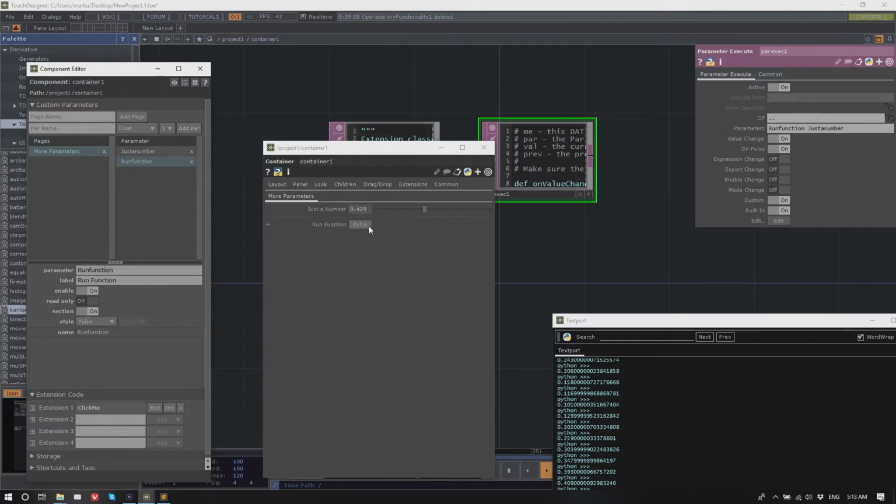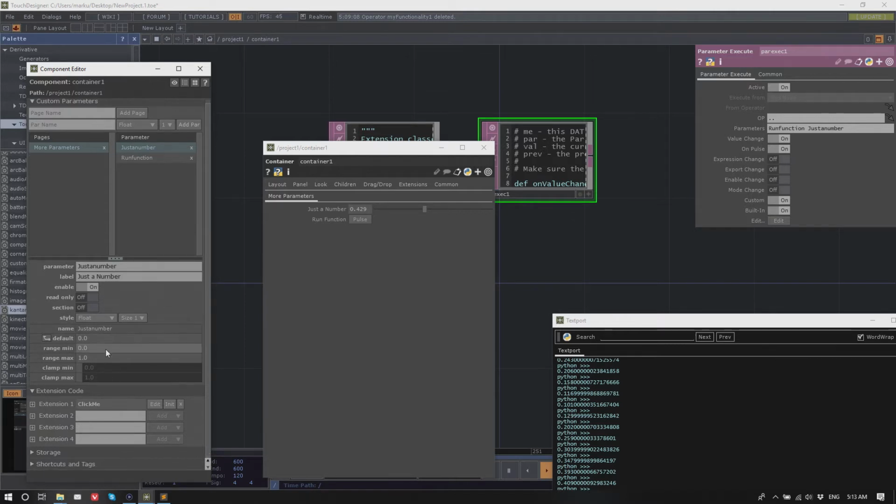So you can section parameters on a parameter page. That's good for organization. And for various parameters, you have different options. For example, you can define a range. So you can say this parameter should be not from 0 to 1, but from 0 to 10, or from -1 to 10. So now the range of this parameter is -1 to 10.